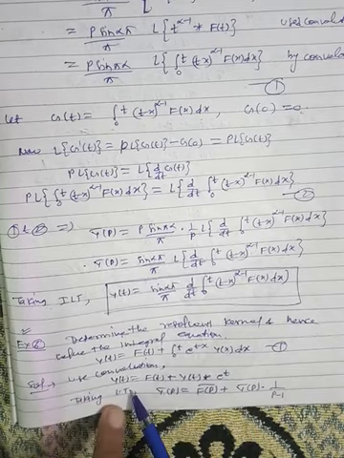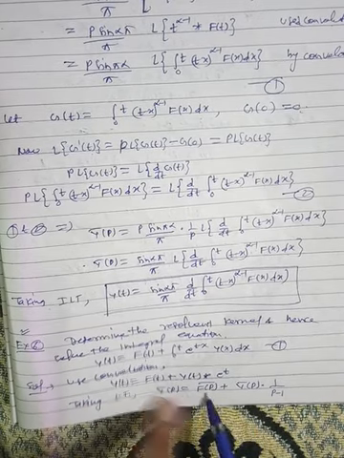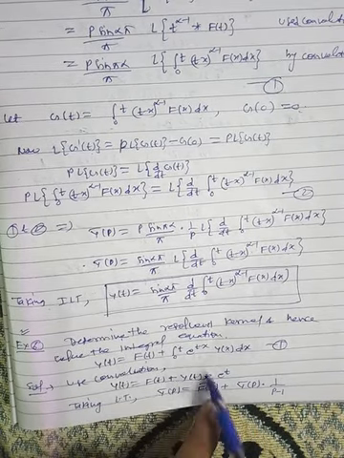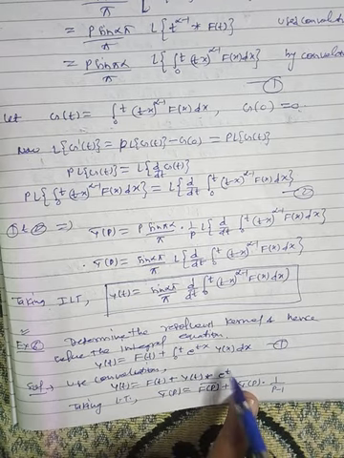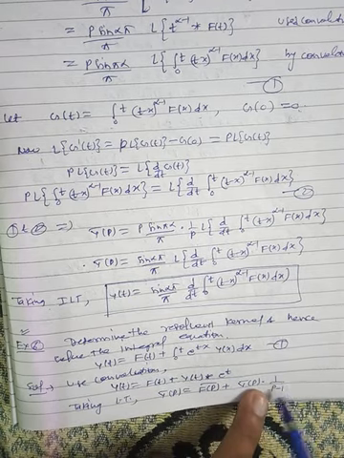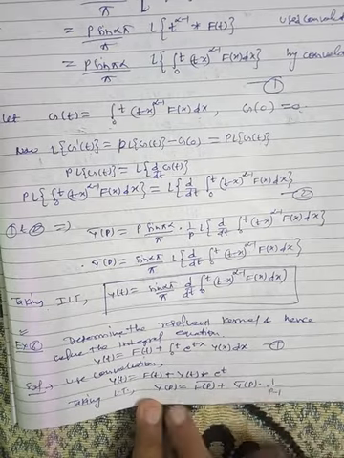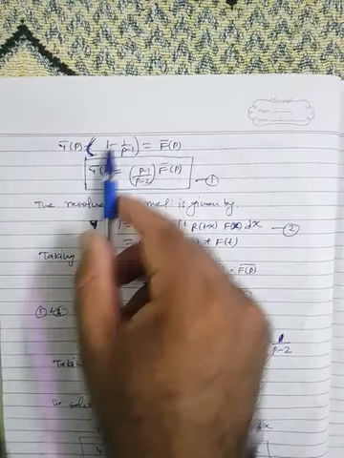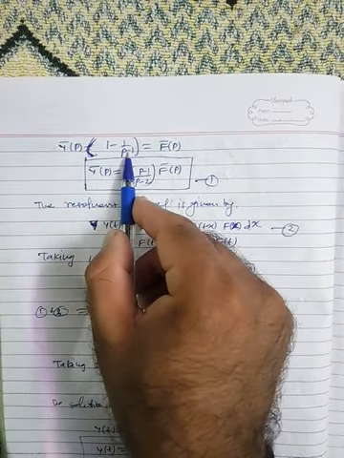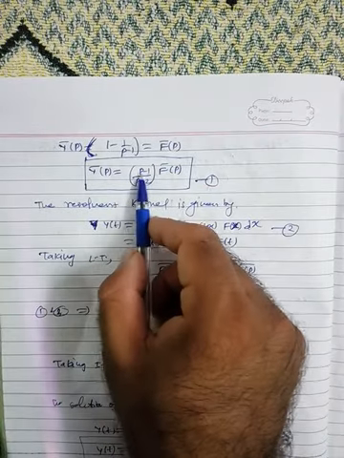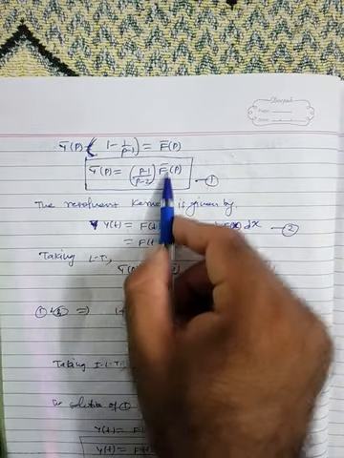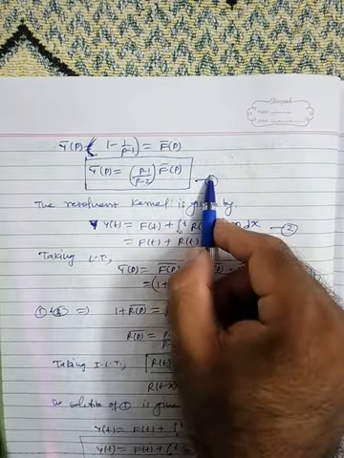Now taking the Laplace transform, Y(p) bar is equal to F(p) bar plus the Laplace of this, which will be Y(p) bar multiplied by the Laplace of e raised to the power t, which is 1 by p minus 1. From here you can take Y(p) common. So we have Y(p) bar into 1 minus 1 upon p minus 1 is equal to F(p) bar. So from here Y(p) bar is (p minus 1) upon (p minus 2) times F(p) bar. This is equation number 2.